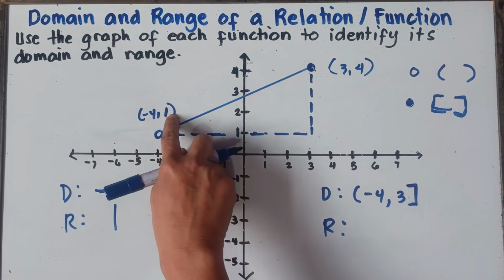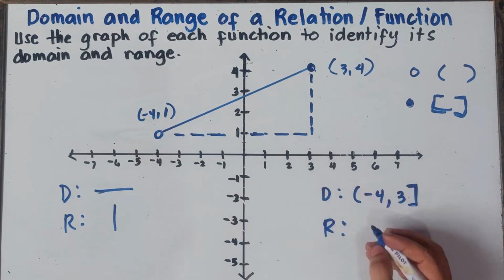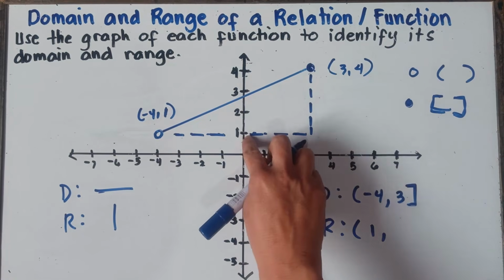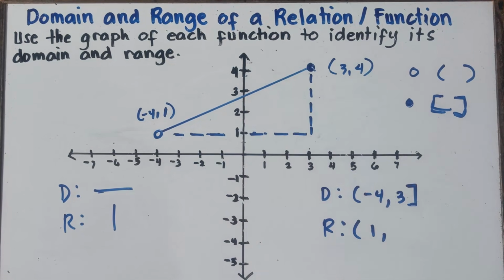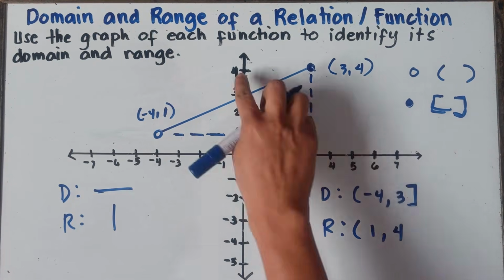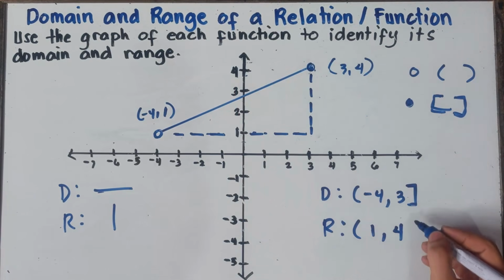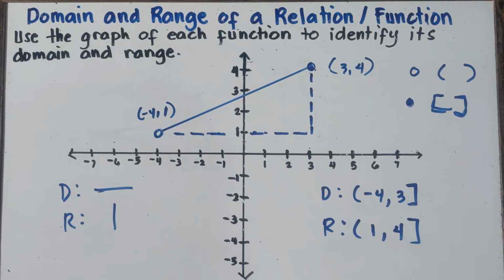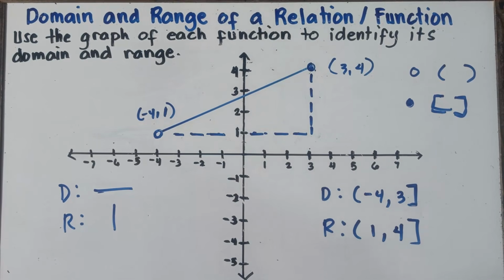Once again, 1, +1, we have an open circle. So there would be parentheses, +1, comma, up to +4. So +1 up to +4, and that would be the range, the vertical distance. So we have 4, and then we have a closed circle. So therefore, 4, that would be bracket. So parentheses 1, comma, 4, and then bracket. That's it, class. That's the answer, class, with regards to example number 1.